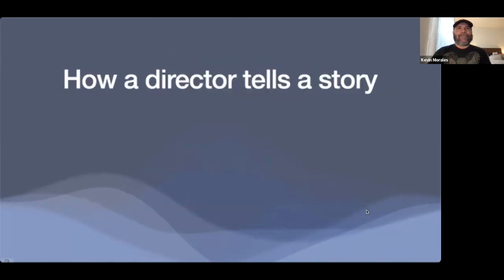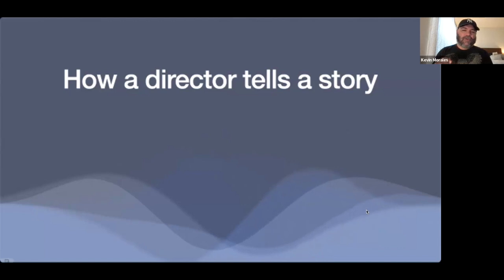So, how a director tells a story. The movie starts with a screenplay, which is a written document describing the characters' actions and what they say. But the director visualizes that story with another script that layers on top of the screenplay. The director's script is called a shot list, and every shot should be designed to visually support every emotional beat